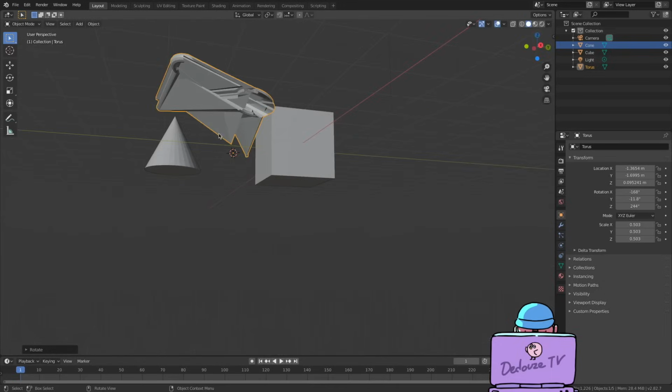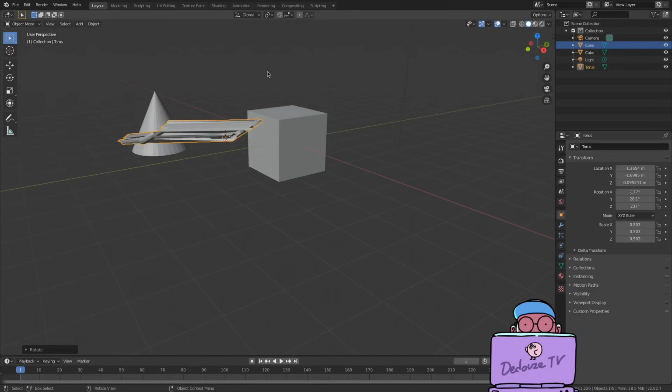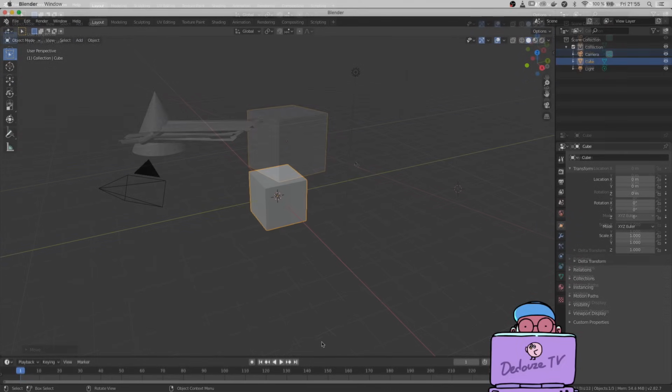Actually, before you start your drawing, it's important that you place the 3D cursor at a point that will be the center of your drawing. Even if you don't have a clear idea of your drawing, you must at least know where the center should be. And in the end, if your drawing doesn't look like what you expected, you can still move the 3D cursor and change the center of your drawing to that new place.